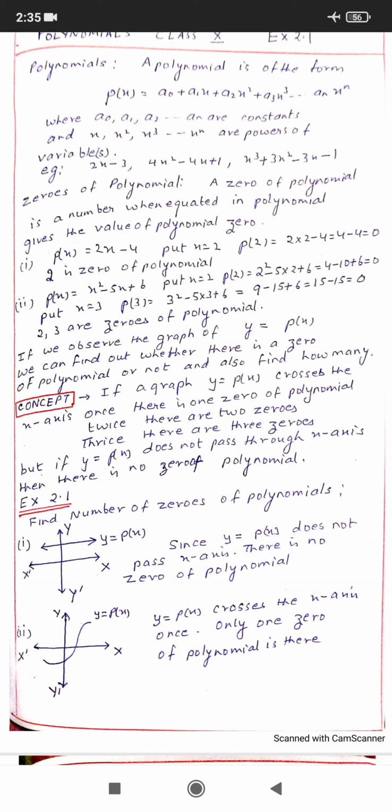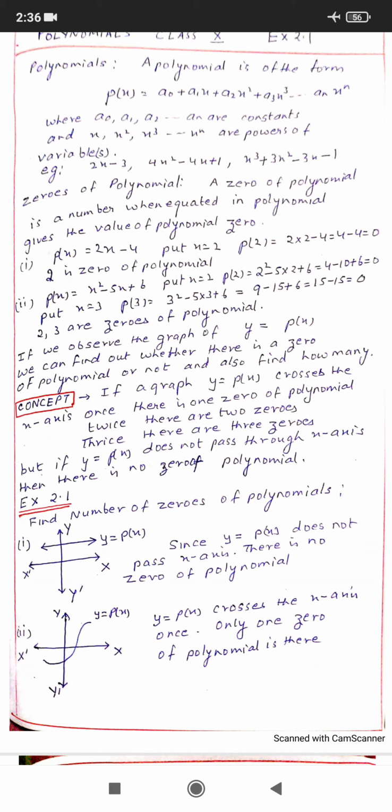If we observe the graph of y = p(x), that is the polynomial, we can find out whether there is a zero of the polynomial or not, and how many zeros there are. There is a concept. What is the concept? If the graph y = p(x) crosses the x-axis once, there is 1 zero of the polynomial. Twice, there are 2 zeros. Thrice, there are 3 zeros. But if y = p(x) does not pass through the x-axis, then there is no zero of the